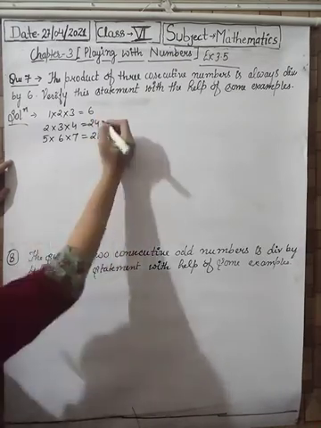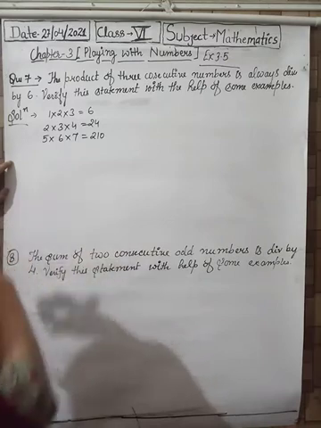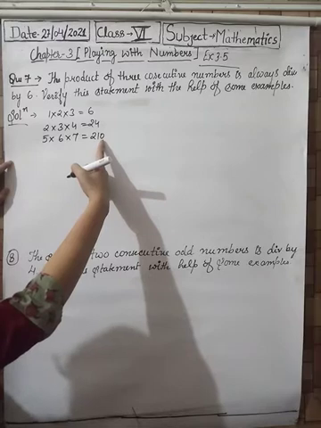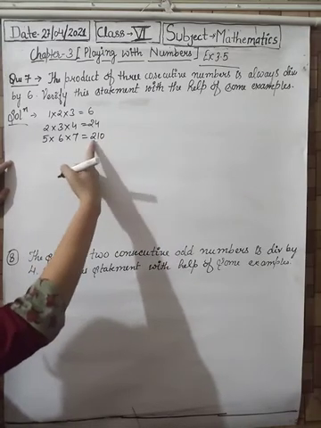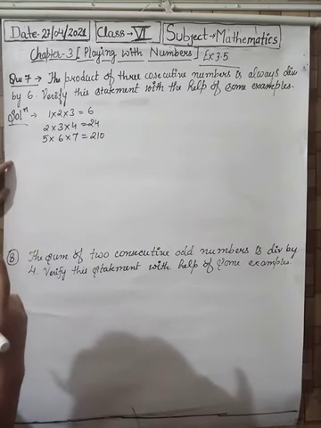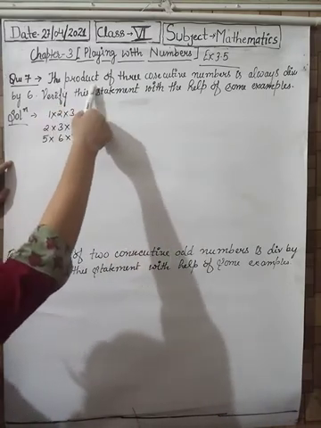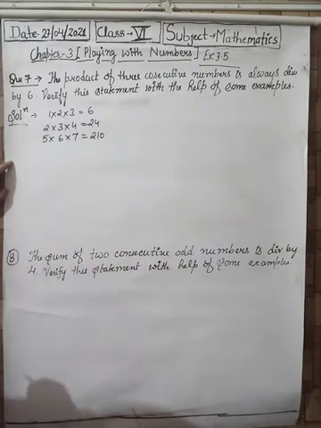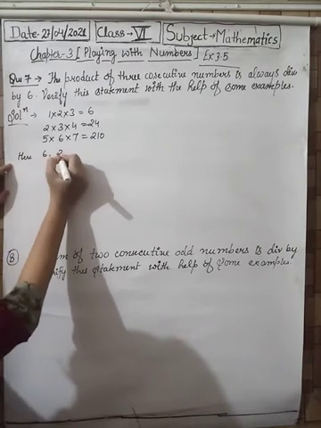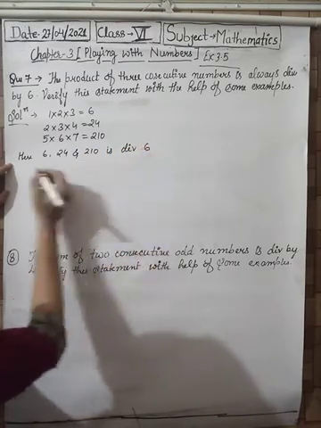6 is divisible by 6, 24 is divisible by 6 and 210 is also divisible by 6. Why? Let's check by the divisibility rule of 6. 210 is divisible by 2 because here is 0. 210 is divisible by 3 also, 2 plus 1 is 3. So if a number is divisible by both 2 and 3, the number is also divisible by 6. So by these examples, we can see that the product of three consecutive numbers is always divisible by 6. Here 6, 24 and 210 are divisible by 6. So yes,